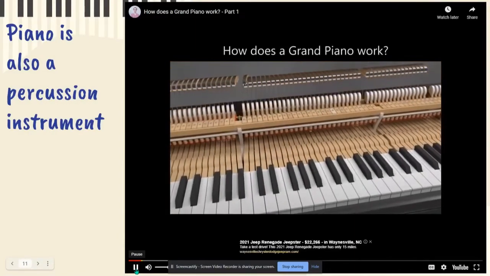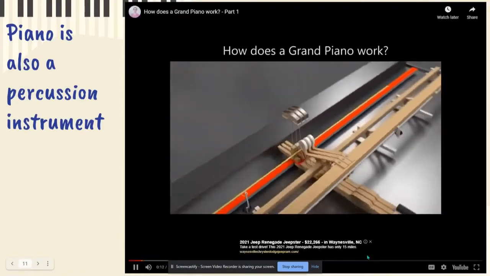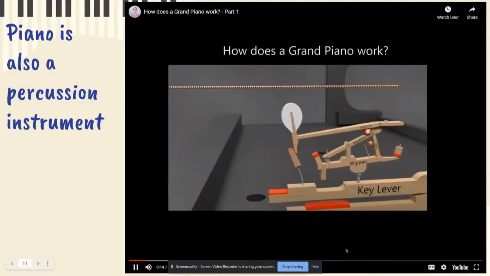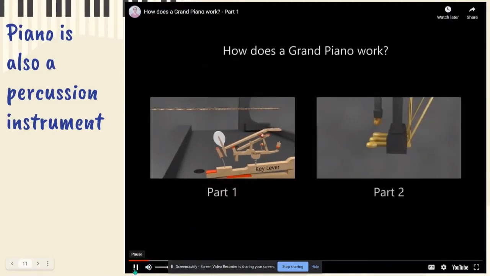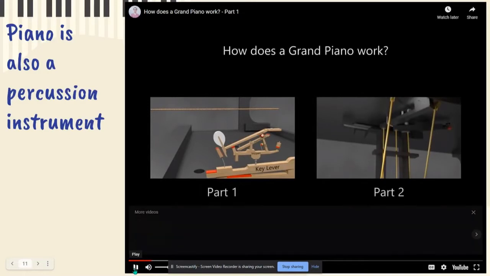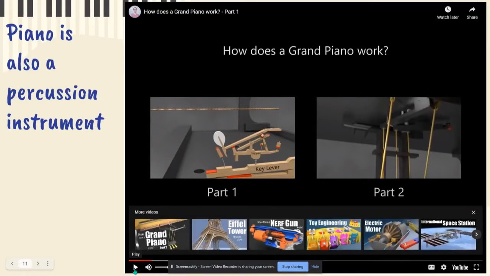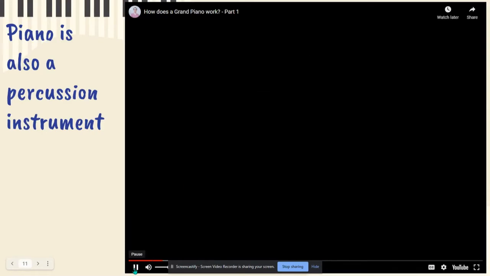In part 1, we'll go over the different pieces of the piano and what happens when a key is pressed. In part 2, I'll show you what the foot pedals do and how they work. We're not going to worry about part 2 today. We're just going to do part 1 because I want you to take a look at how the inside of a piano works and why it actually fits into the percussion family. Let's